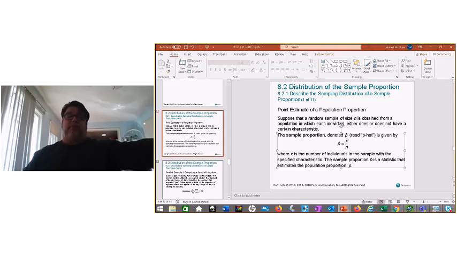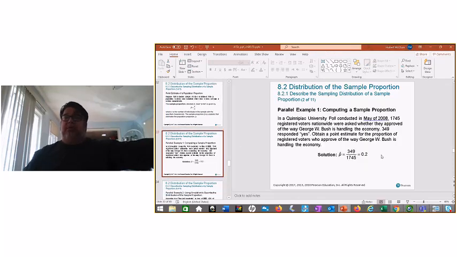And here's an example. And go ahead and write that example down because, you know, that's a test question. And if you'll notice in your homework, there's only like 6 questions on your 8.1 and 8.2 homework. 6 questions. So it's not very difficult. 8.1 and 8.2. If you can find p hat, then of course